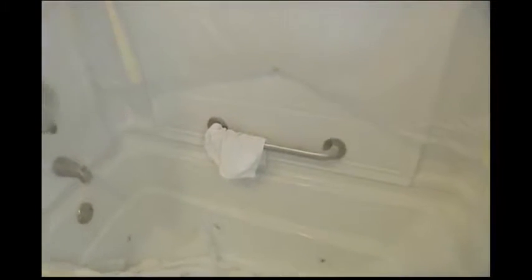When we do a remodel like this, we actually frame up behind it and give a full support behind it, so we actually are screwing into something behind there. A lot of times people will just take a grab bar, go pick it out of the box and screw it right in. If you are going to screw it into an existing area, you need to make sure that you get anchors that go along with it, and you also want to read on your grab bar box what